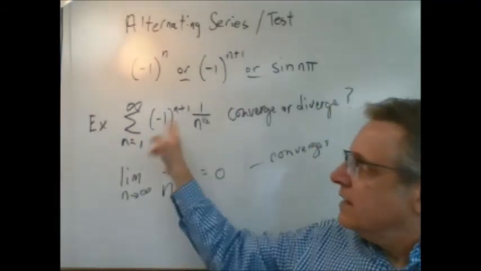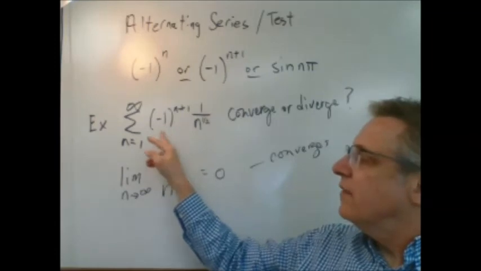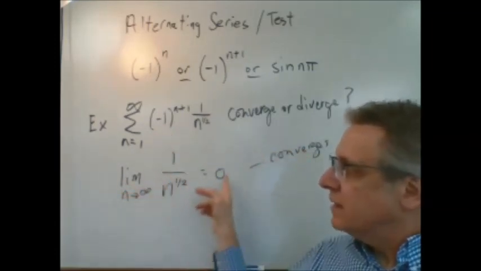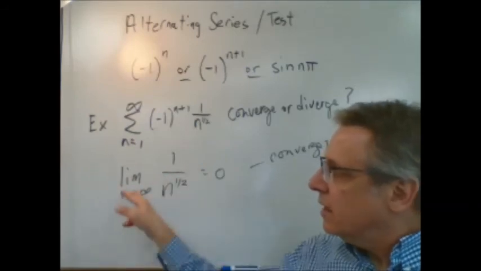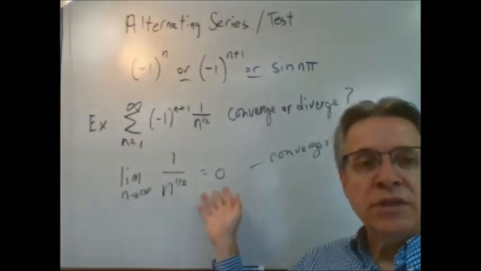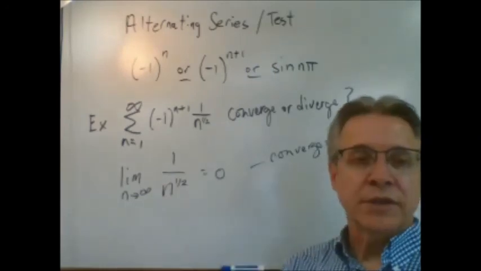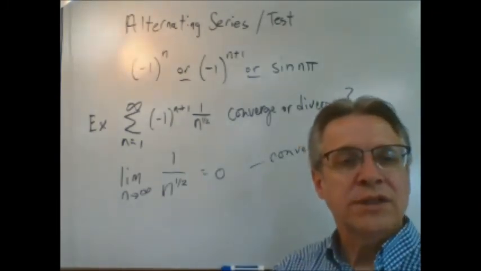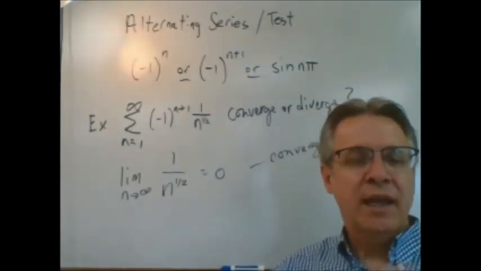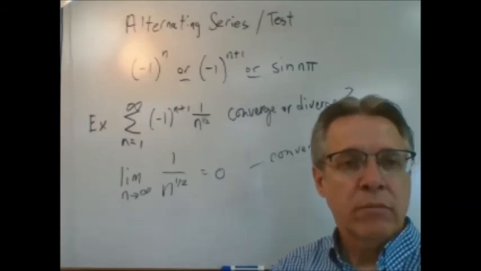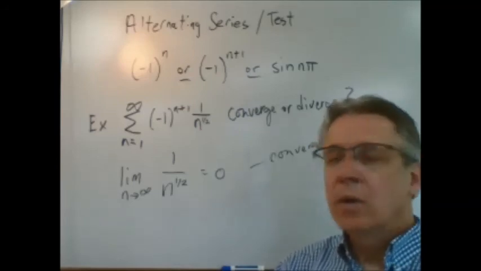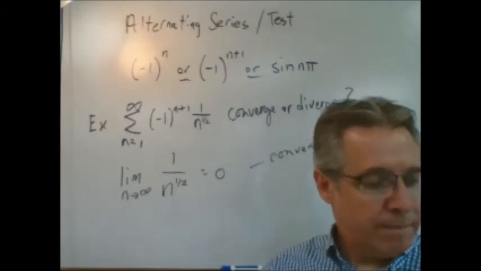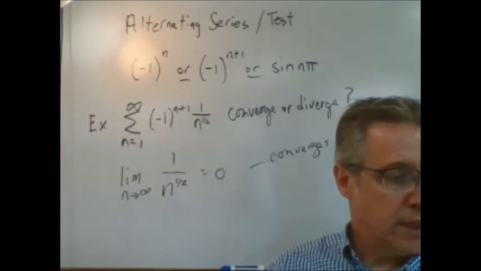So identify the series as alternating. Once you've done that, make sure that you do the alternating series test. And that basically is just this simple: as n approaches infinity, does it approach 0? If it does, the series converges. If you get an expression here that's crazy, you're not sure what it does, you can use L'Hopital's rule, and that will possibly help you. And so hopefully this little video clears up what you read in the book in section 9.5